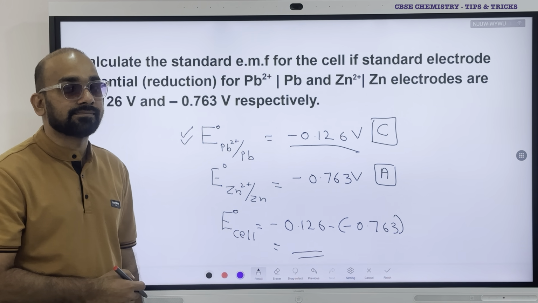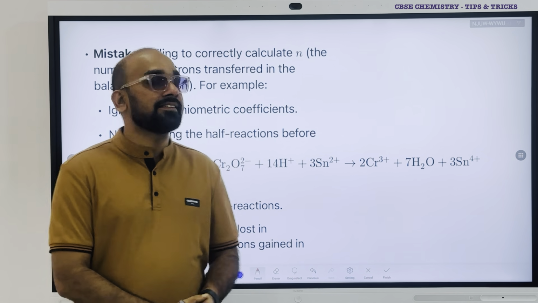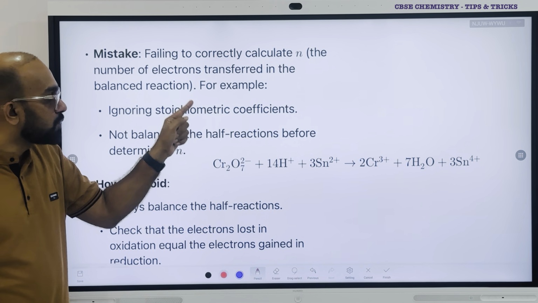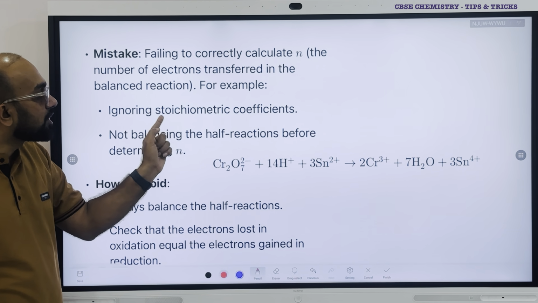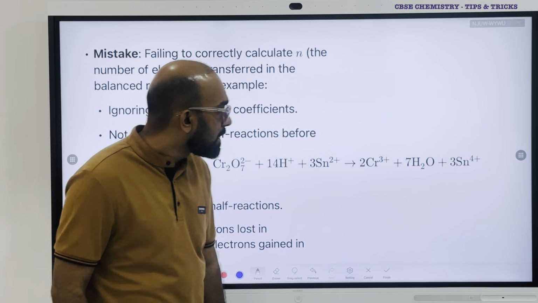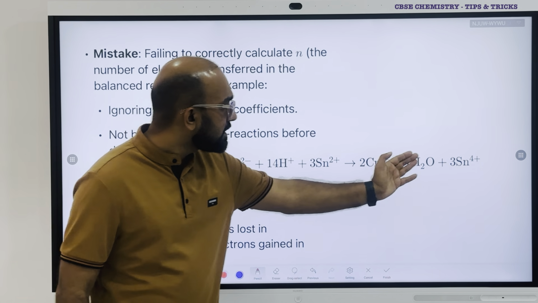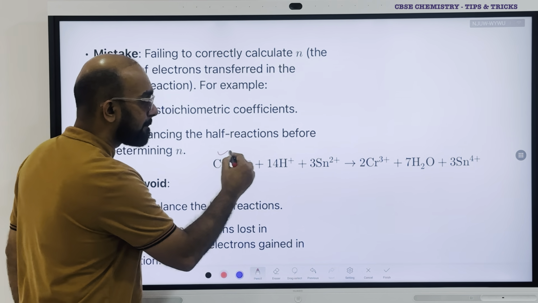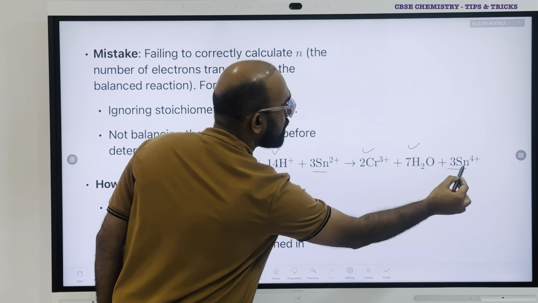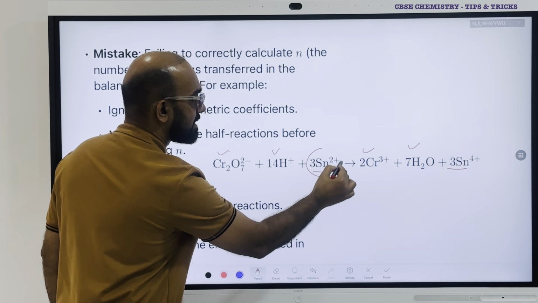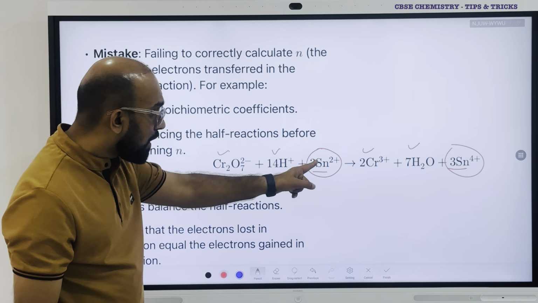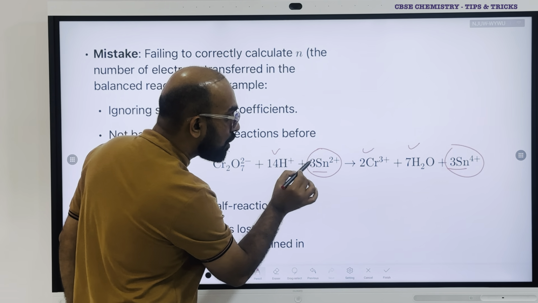Okay. The second possible mistake is failing to correctly calculate n due to these two reasons. First one is ignoring the stoichiometric coefficient. See, we can go through this example. Here you can find n from chromium or from H plus or from tin. I am taking tin as an example for explaining how to find n. Now, if you ignore the coefficient,